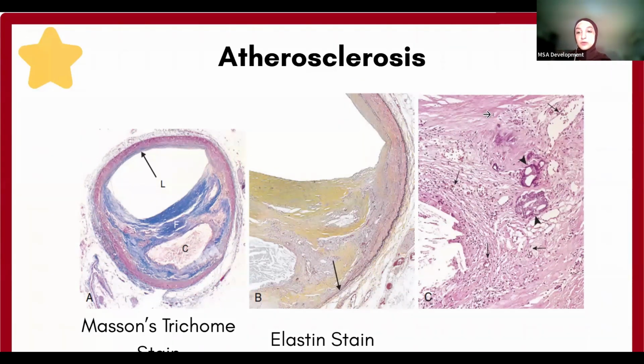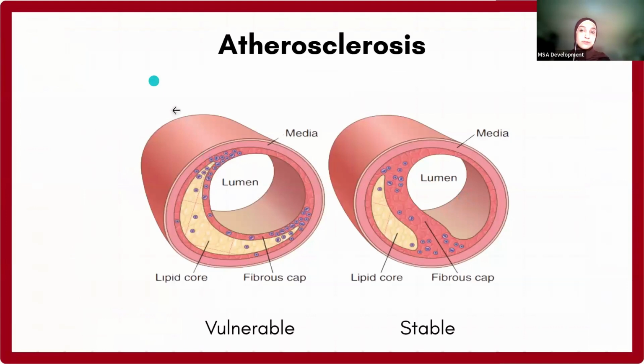Okay, so under the H&E stain, what we see is two main things. Cholesterol crystals over here, and macrophages just surrounding the lumen, and also any blood vessel, smooth muscle layers or fibers. Okay, so that's it for